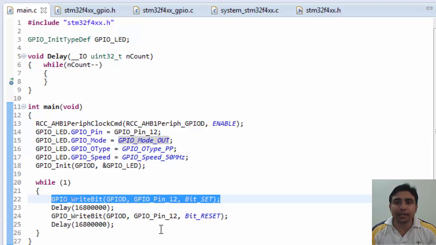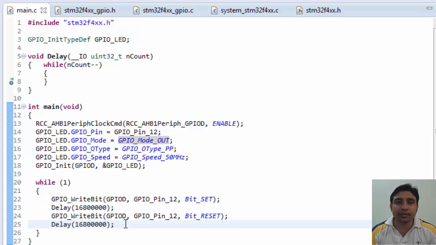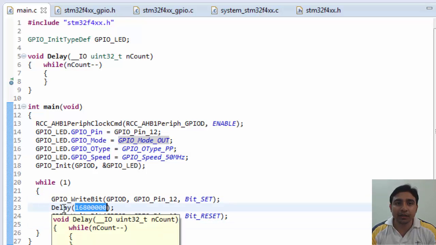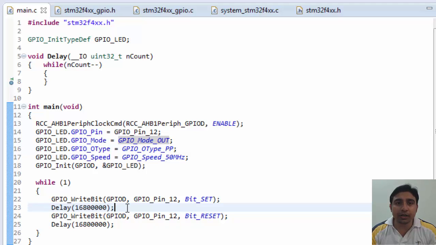To make this LED blink in 1 second, we have to make this delay exactly 1 second. If you remember in the previous tutorial, I said that you can use the hit and trial method to make a 1 second delay. Although that can be done, it doesn't always work. If I say to make a delay of 10 seconds or 500 milliseconds or 100 milliseconds, then it will be difficult and confusing. So to make this simple, we can do this in another simple way. We just have to do some calculations.